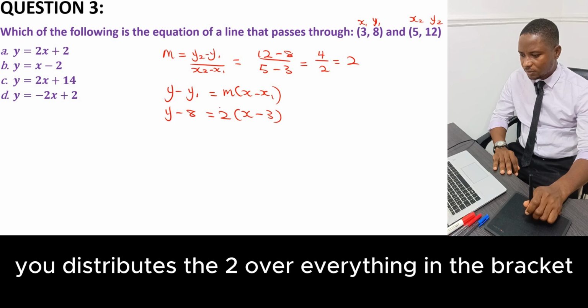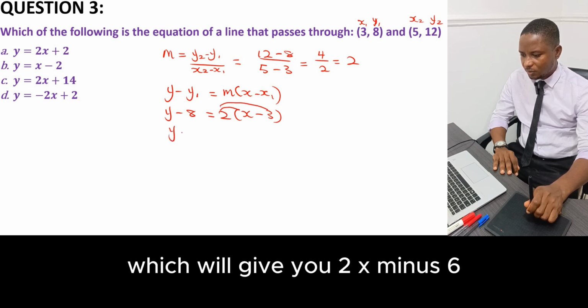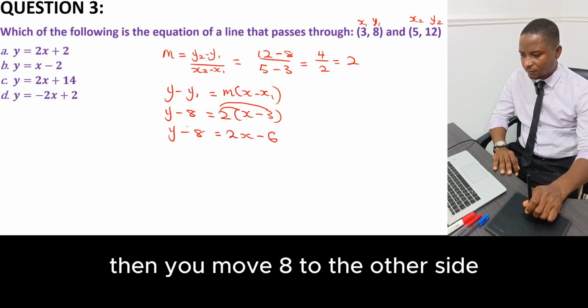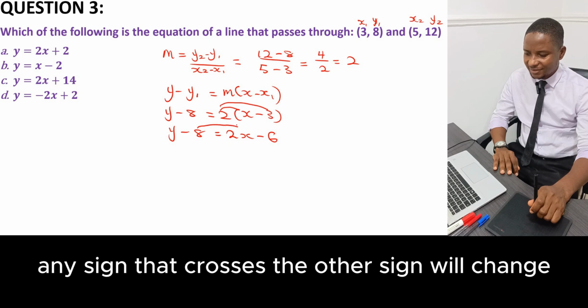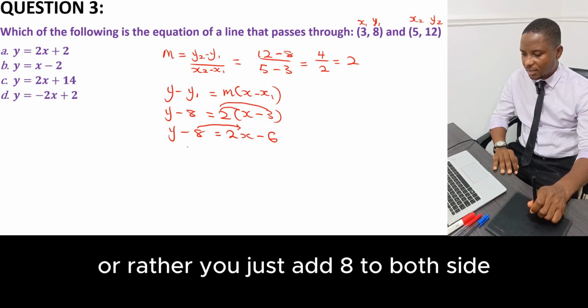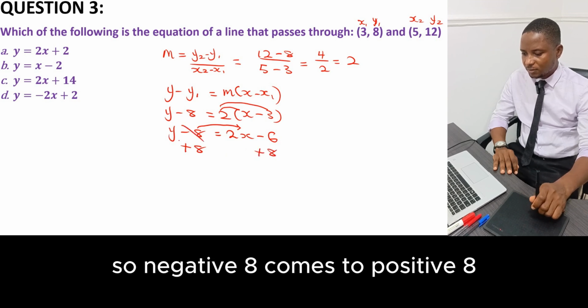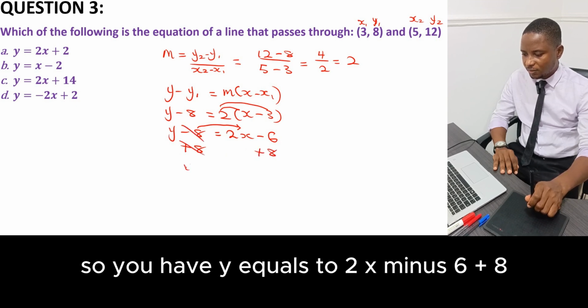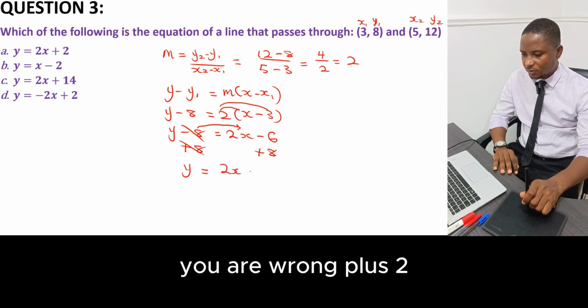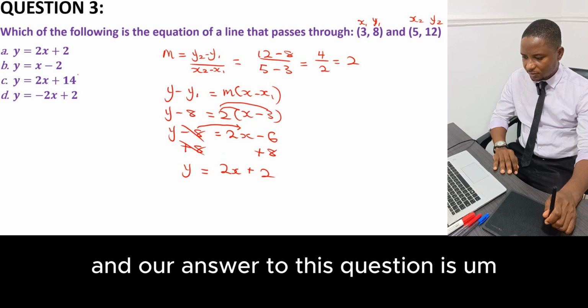You distribute the 2 over everything in the bracket, which will give you 2x minus 6. Then you move it to the other side. Any sign that crosses to the other side will change, or rather you just add 8 to both sides. So negative 8 cancels positive 8. So you have y equal to 2x minus 6 plus 8, which is plus 2. And our answer to this question is